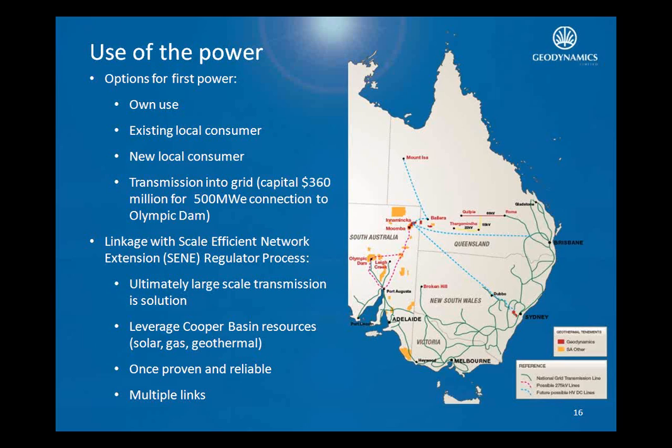There are existing local customers, or fairly local customers, at Moomba and Bellera, gas processing plants. Currently they use gas-powered compression and gas engines for their electricity generation. As the price of gas increases with LNG terminals coming online, that gas gets increasingly more valuable. Instead of using it yourself, you can sell it. So there's potential there to supply those processing centres with power.